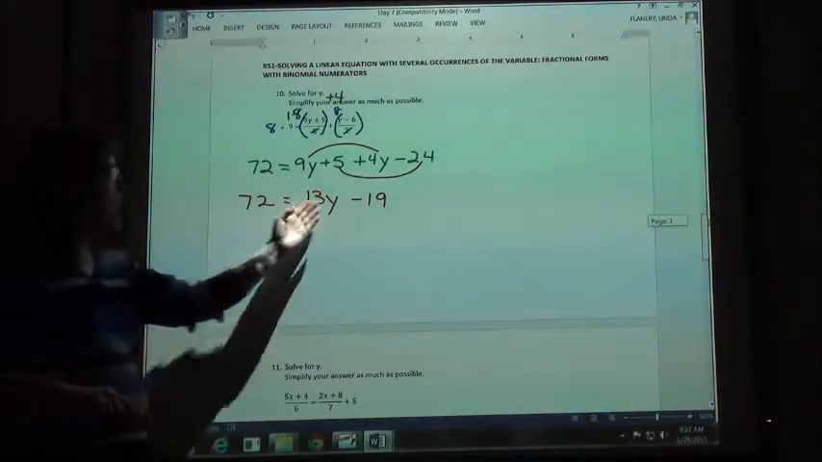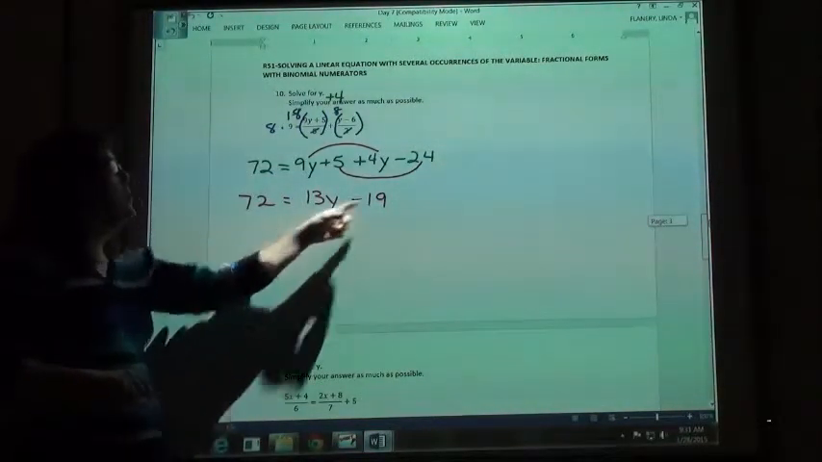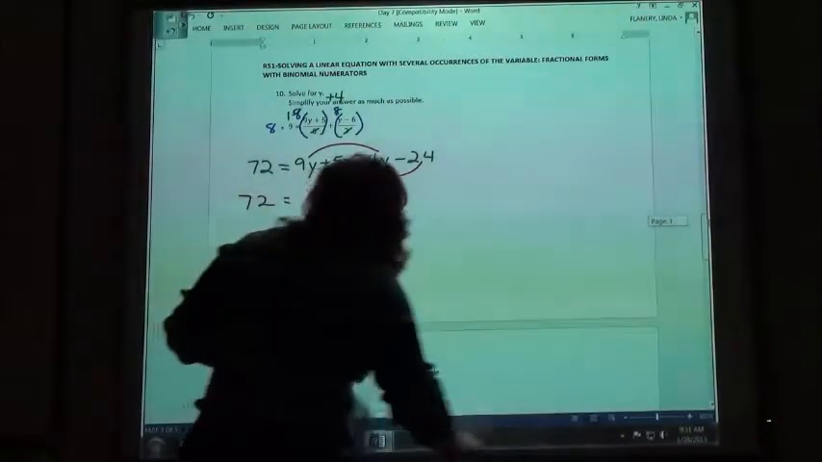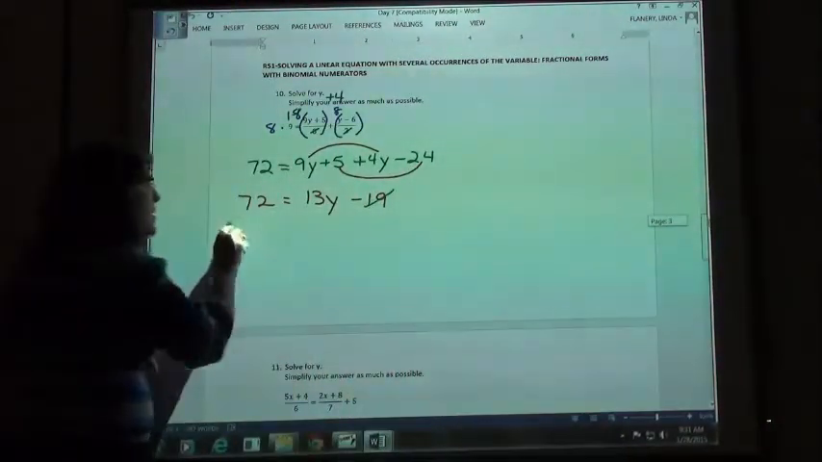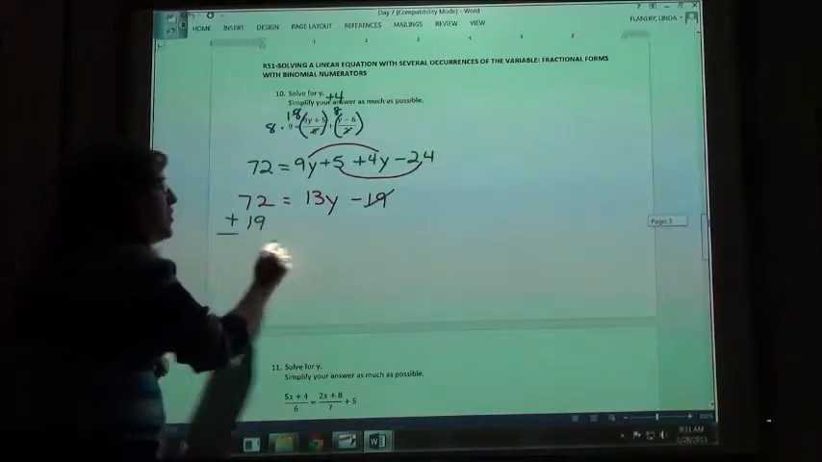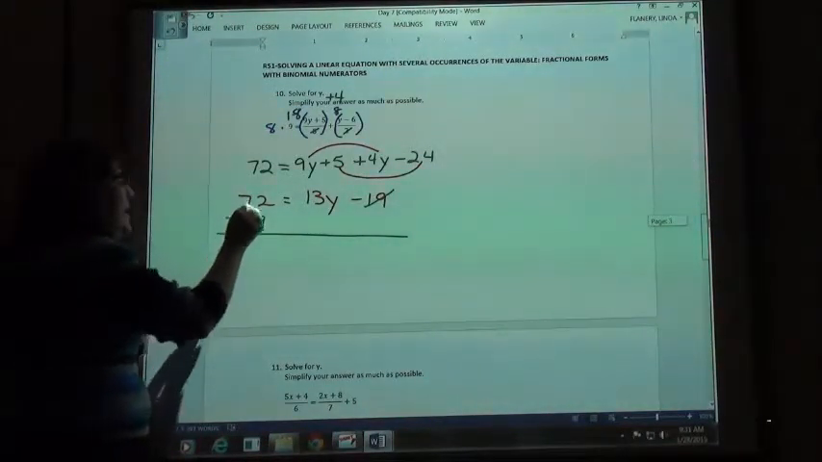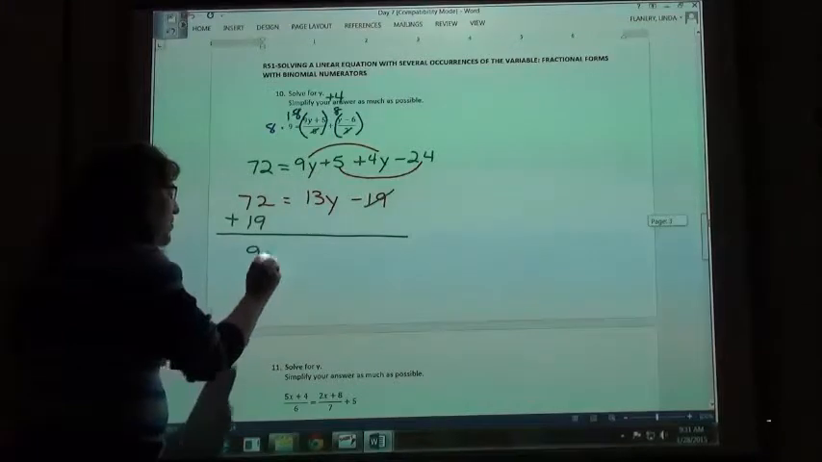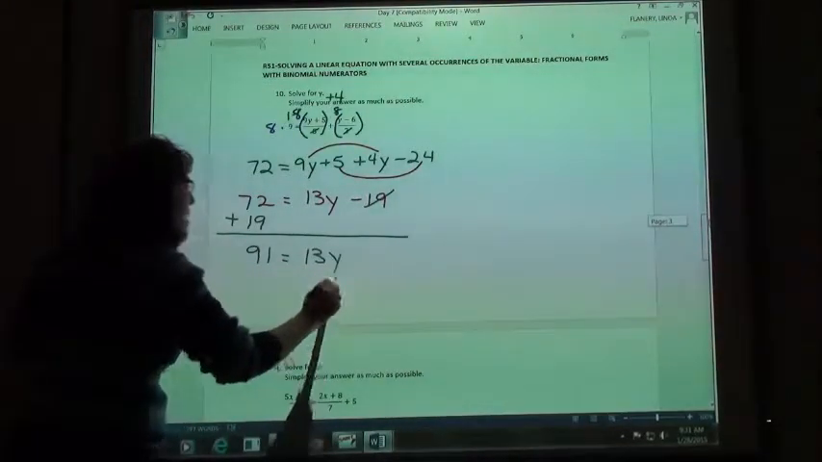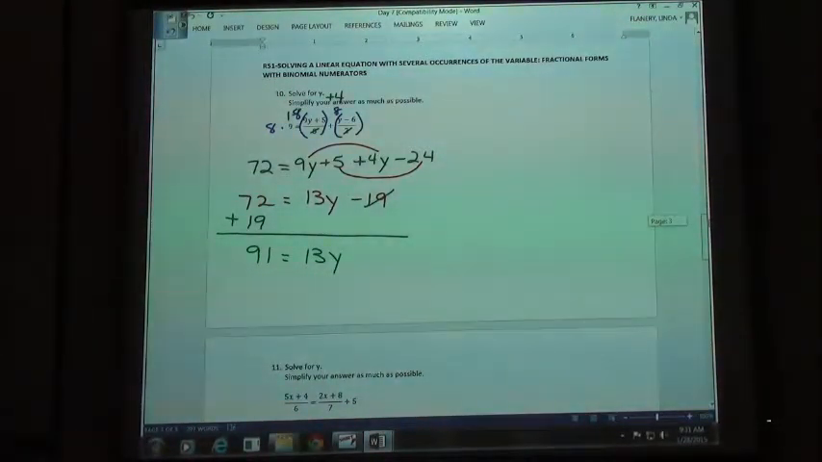Solving that for y, I want to get my numbers together. So I'm going to go ahead and add my 19. This is one case where I wouldn't move my variable to the left-hand side because there's not 2 variables. And so if I take 72 plus 19, I must get 91 to equal 13y. And then if I divide by my 13,